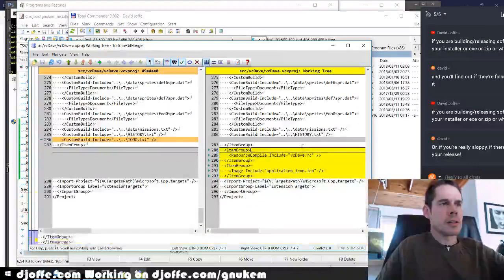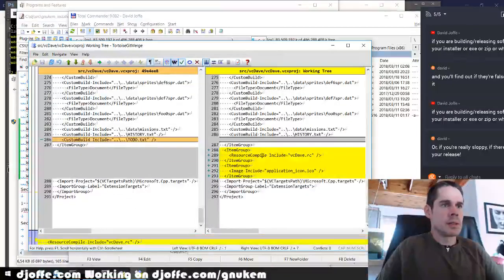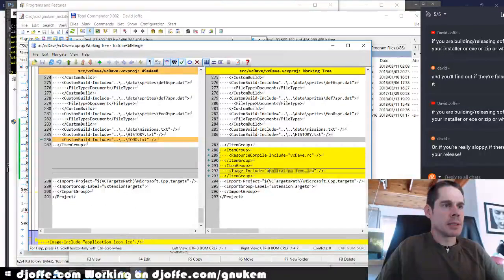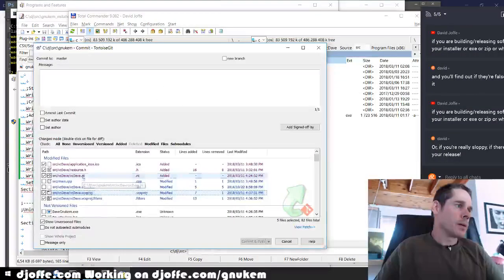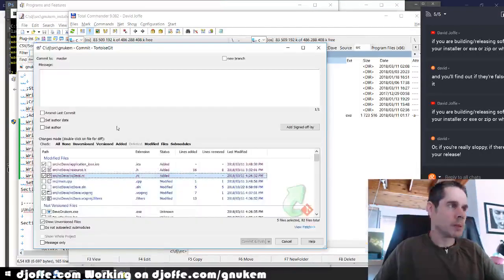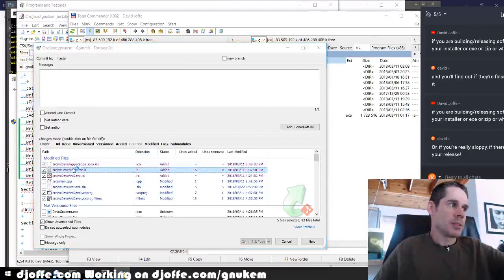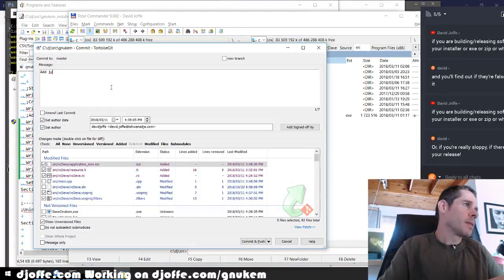That RC file, resource compile, Visual Studio thing, compiles this and this, and these are then bundled as resources into the Windows exe format. You know, you can have an icon or other types of things bundled inside. I don't want to use it a lot because it's a cross-platform application, so I don't want to use it for all sorts of things, look. But I just want to use it to add the icon. Add icon to